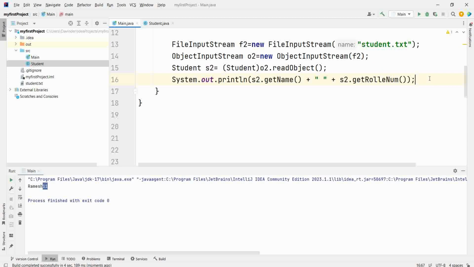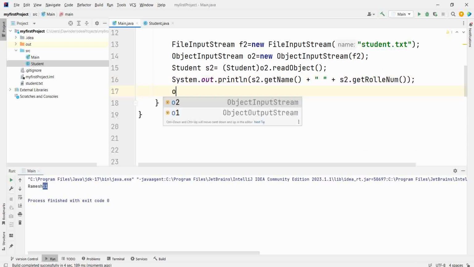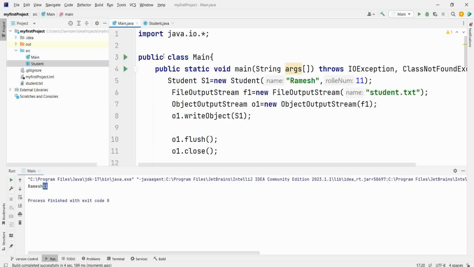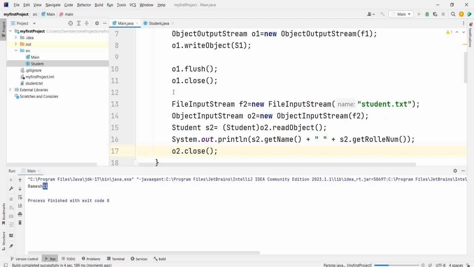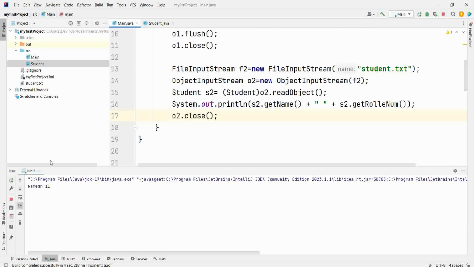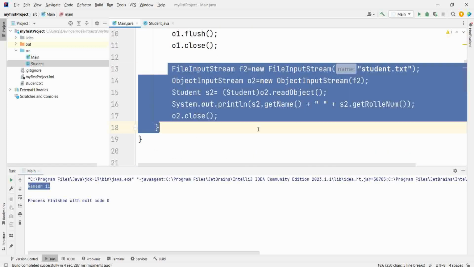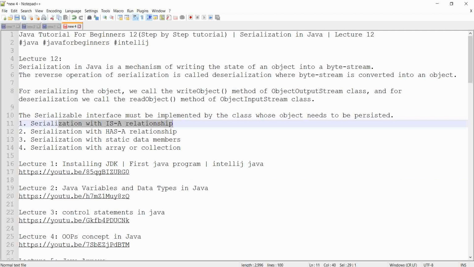And one thing we have missed, we need to close the stream as well. Indeed, Ramesh space 11. This is serialization and this is deserialization.